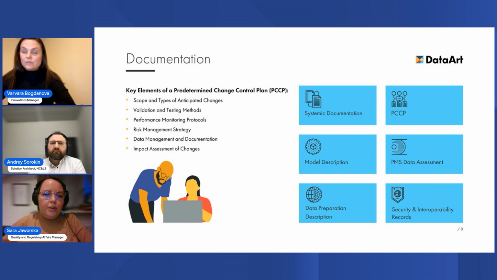And the key part of this is ensuring that AI models are trained and tested using diverse, high-quality data sets. Regulators expect very detailed data-related documentation that would cover data sources, pre-processing steps, data labeling, and validation results to prove that the model is really efficient and fit for purpose.